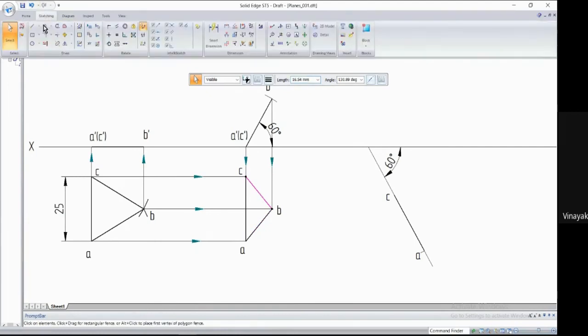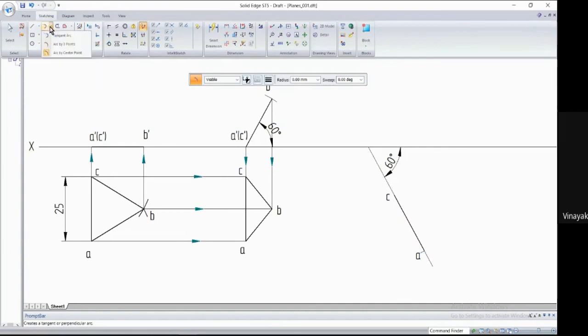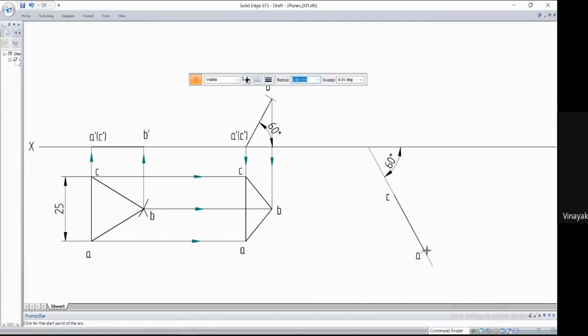Now take your compass with this as center, 16.54, and cut an arc here.